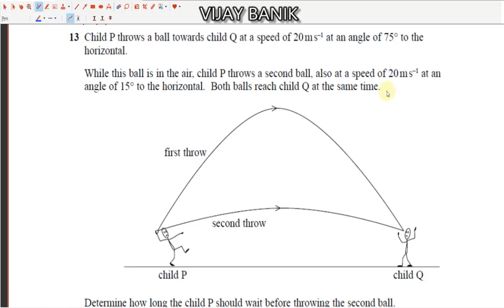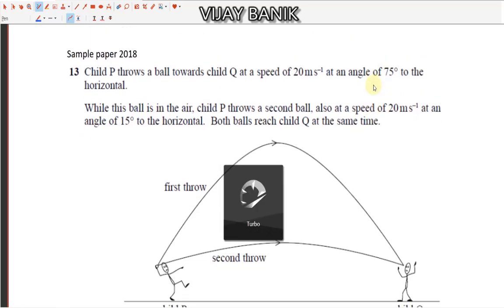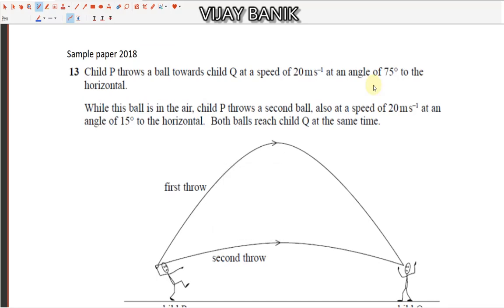Hi, so now we are doing the next question. This is from the sample paper of 2018. This is new, from the new specification. This question was asked: child P throws a ball towards child Q at a speed of 20 meters per